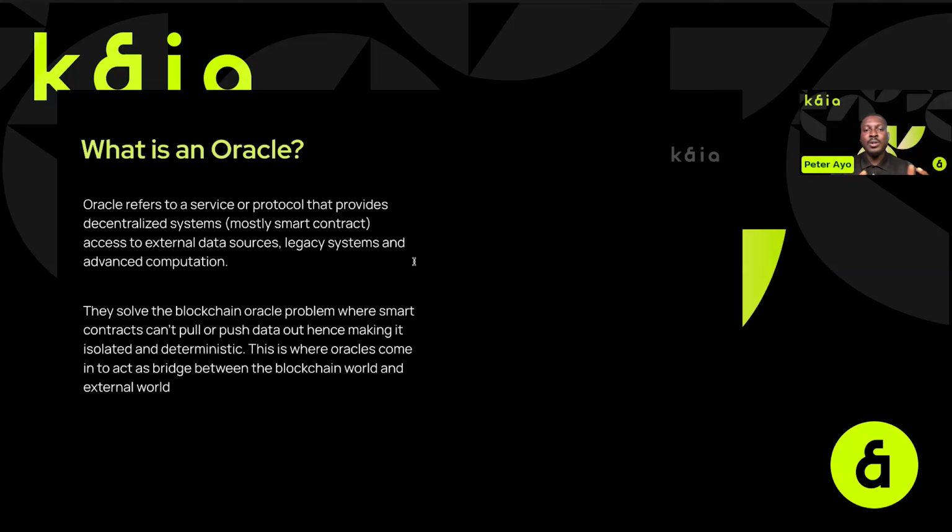Now, with oracles, our smart contract can be fully hybrid, right? Meaning that it now taps data from the external world, and it can now do much more stuff, right? It can now perform many more use cases and much more functionality. How would that make sense, right? Moving on,